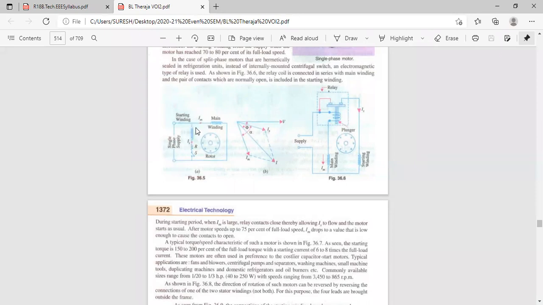Current will divide in these two windings. Let us take when you apply the single phase supply voltage, current I is flowing here. This current I will divide in these two branches or not? Current in the main winding, let us take I suffix M. Current in the starting winding, let us take I suffix S. If you close this switch, then apply KCL here. What is I value? When you give supply voltage, I is flowing. This I is dividing at this point.